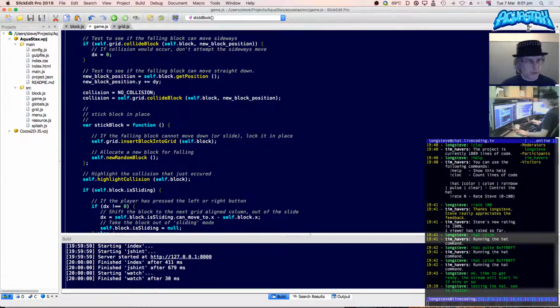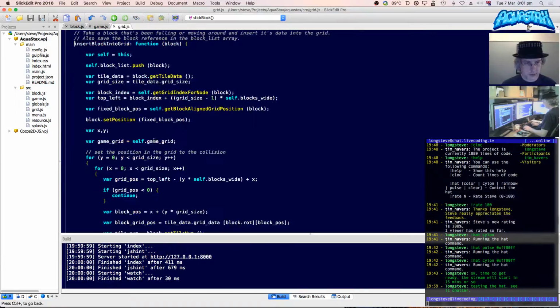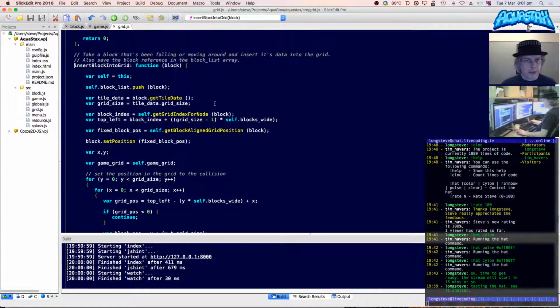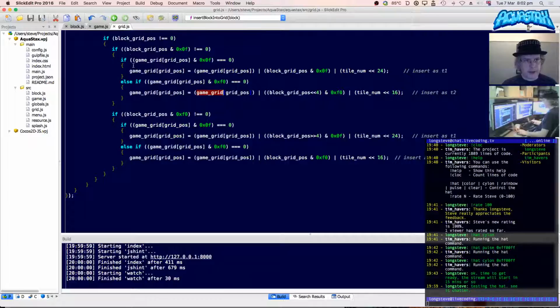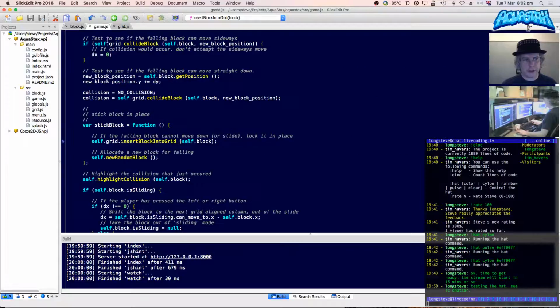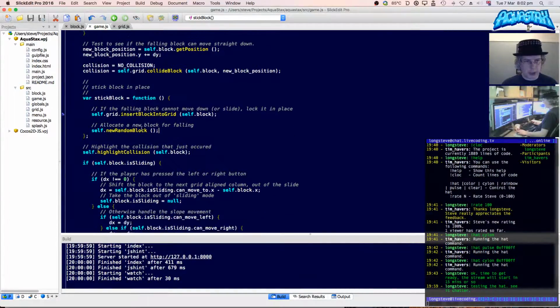Self.grid.insert block into grid. So that's where we want to go. Jump straight to that. So what happens here is all the block data from the falling block gets inserted into the grid. Is it grid data? Game grid. That's the grid. Right. I'm going to have a sip of tea. And then what happens is the block that corresponds to that falling block just kind of stays on the screen at its place. Insert block into grid, self.block, new random block overwrites self.block,